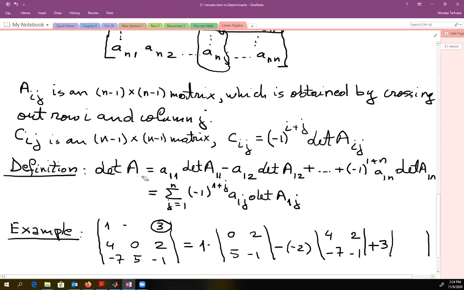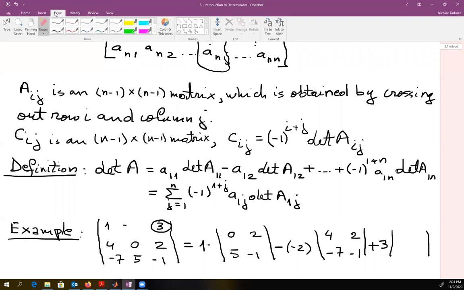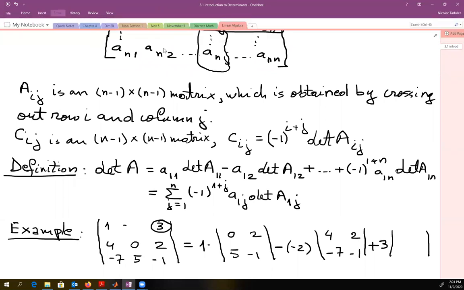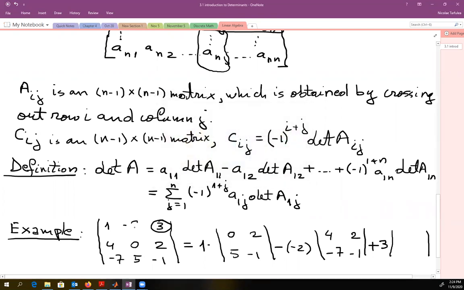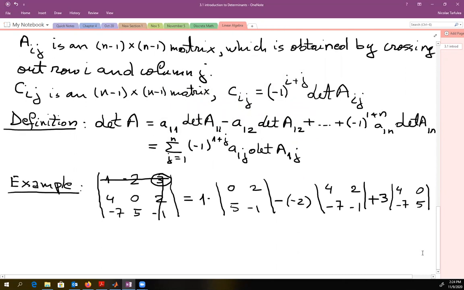I erased a bit too much, so let me put it back. Here it was -2, right? Okay. And now I cross out the first row and the last column. And here you have 4, 0, -7, 5. Okay, now I know how to compute this, right? So this equals